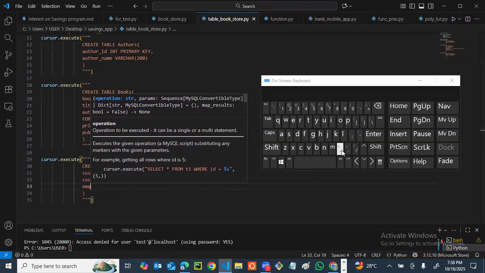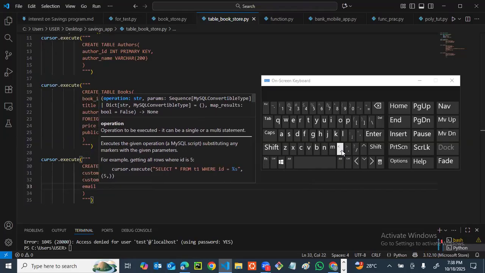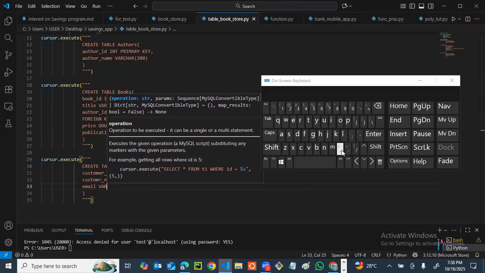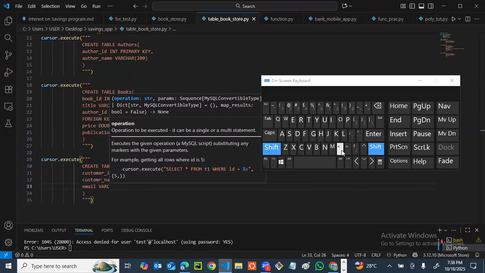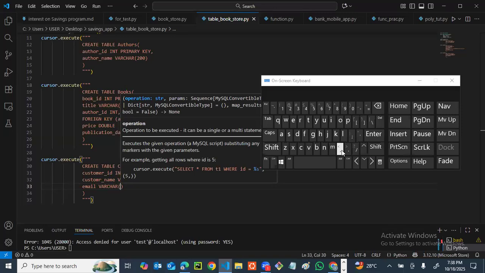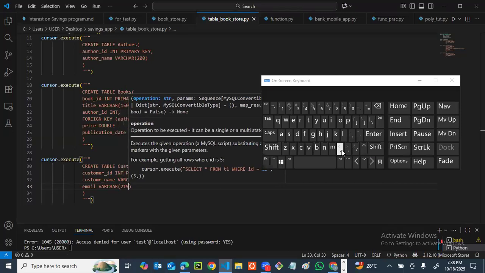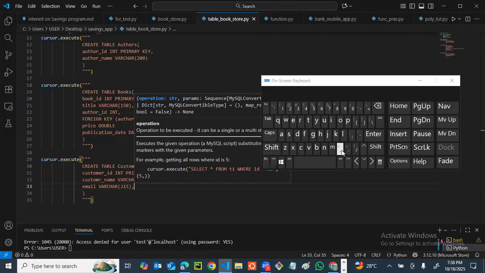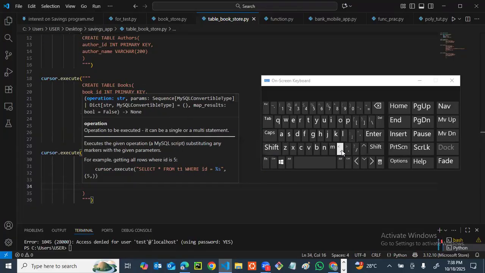So our customer should also be able to have an email. The email should also be in this data type, so you're stating this data type for our email. You'd also take up to 215 characters. So you want to close that with a comma. Then the last one we want to add is